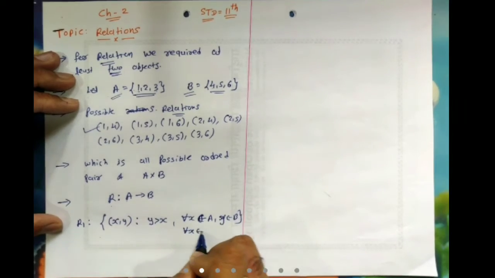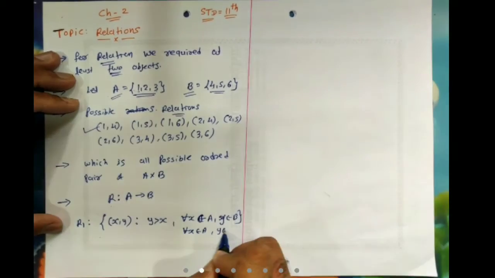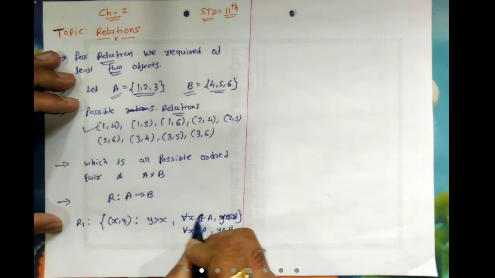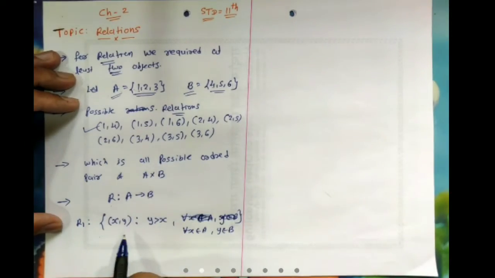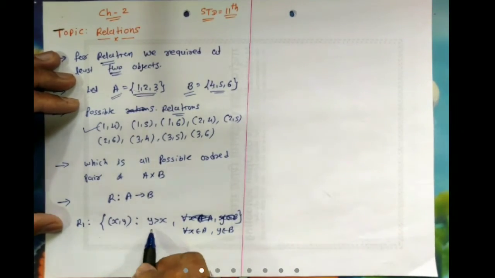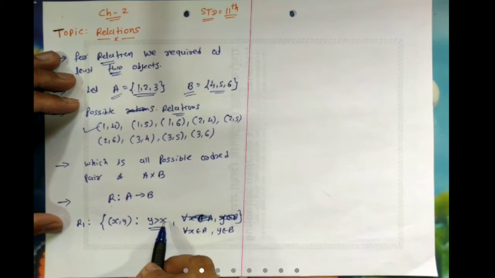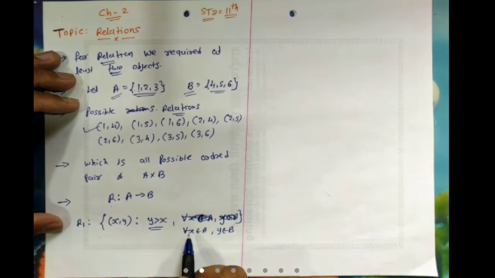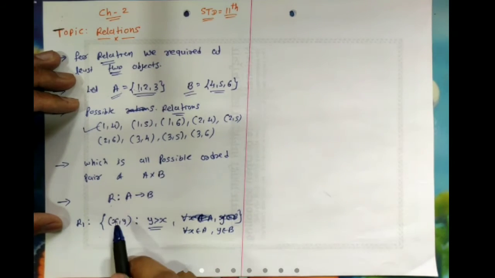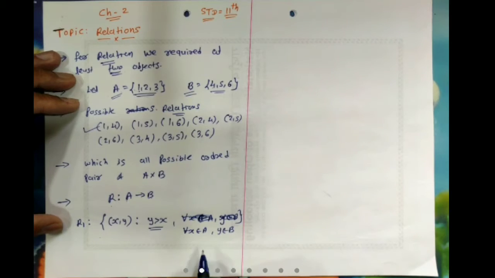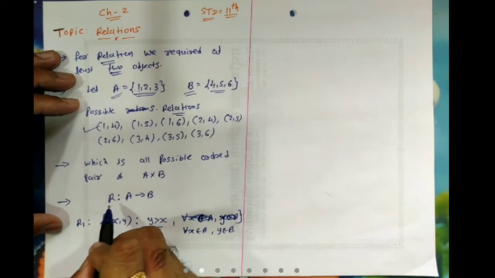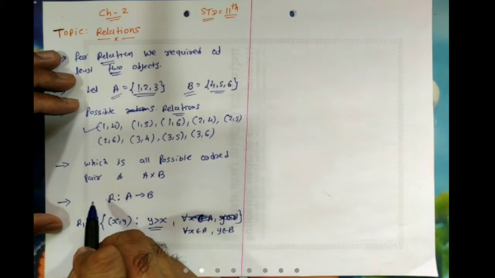फिर से लिखता हूँ, X belongs to set A and Y belongs to set B. That is the description of a relation. Set of all the ordered pairs in which the second element must be greater than the first element, where the first element belongs to set A and the second element Y belongs to set B. Clear? So here we have defined two things, है ना?